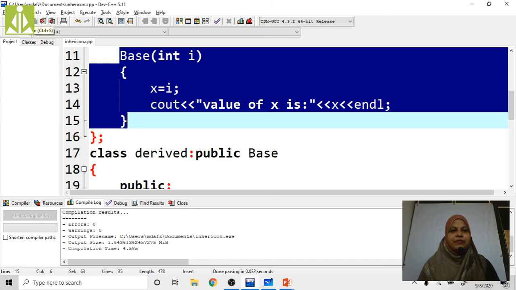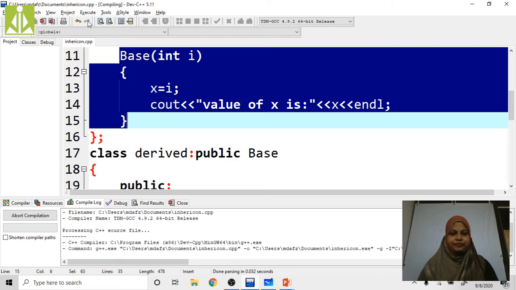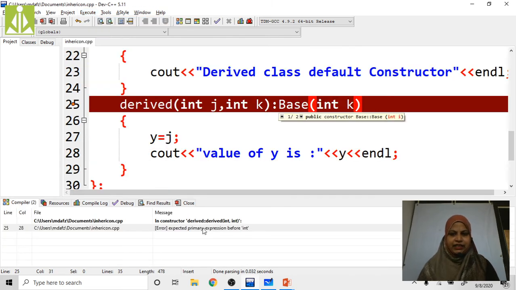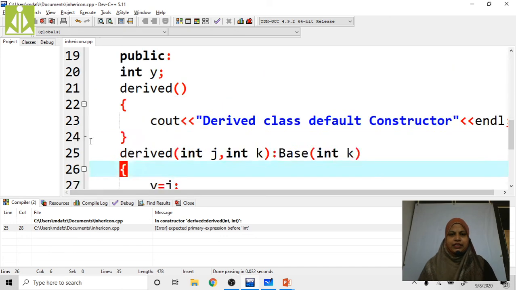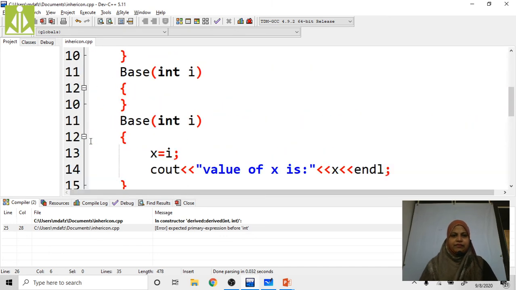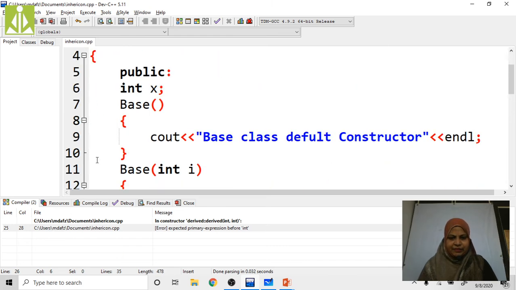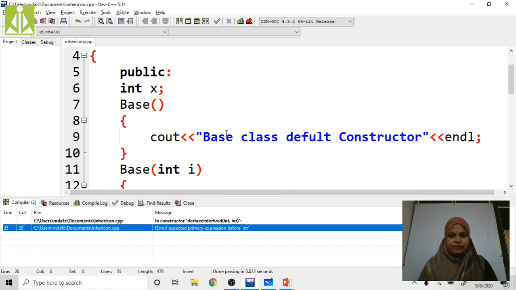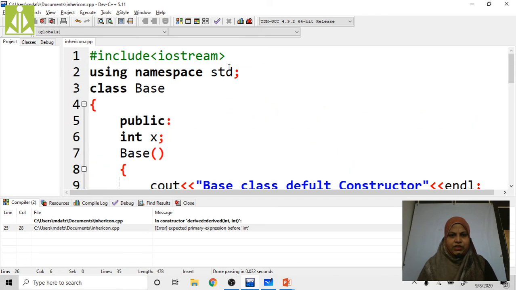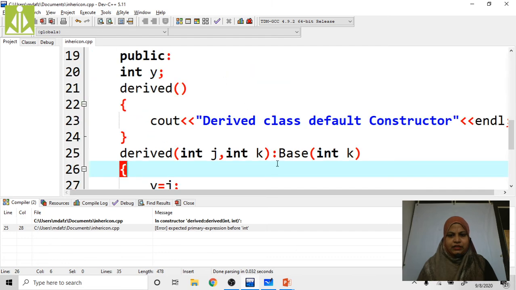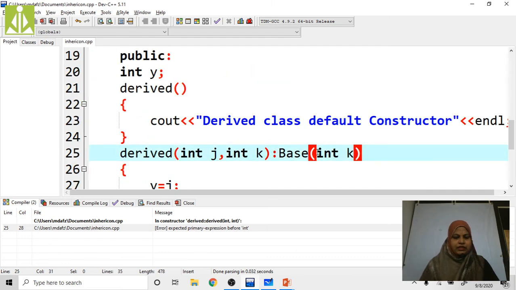Now save this program. Now try to execute this one. Is there any error? Expected primary expression before int, in the base class. Here a primary expression is needed.